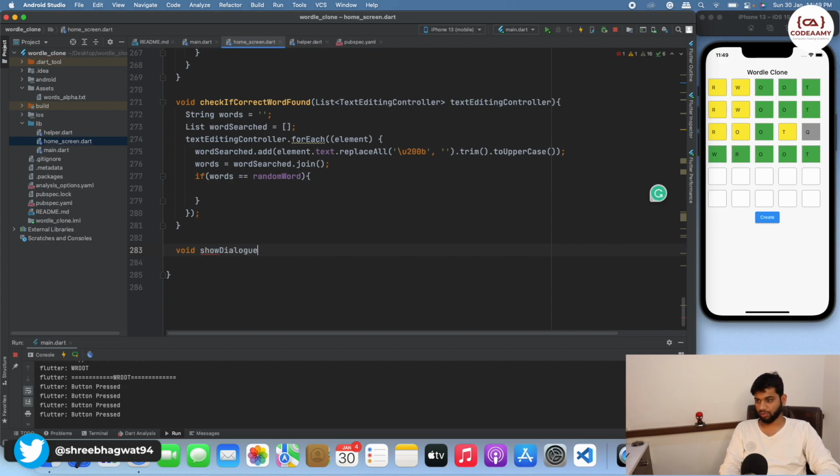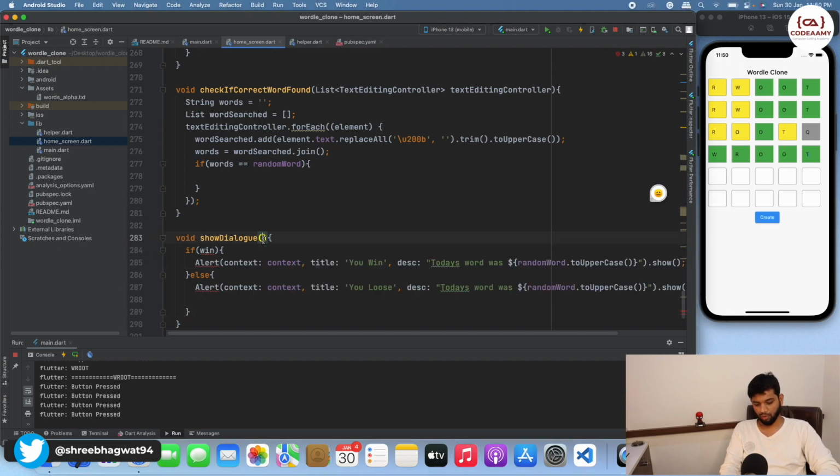Now we are going to use a normal Flutter dialog over here. We have created two dialogs over here. It takes a bool value of win. So if win is equal to true, then we are going to show an alert text that will say you win. Description, today's word